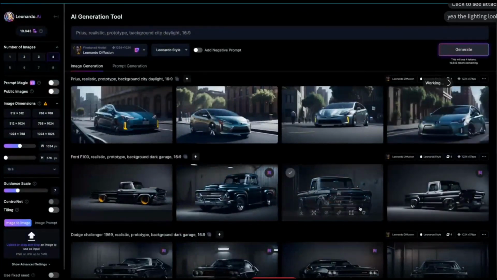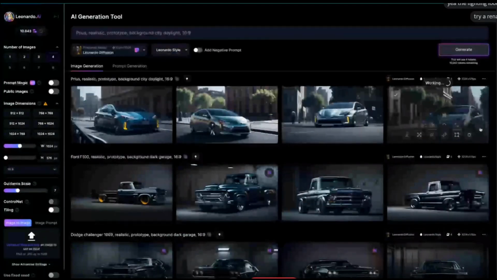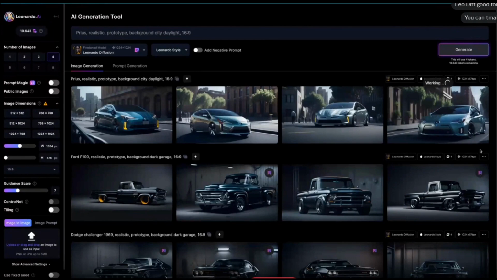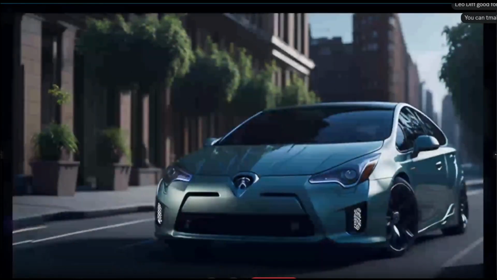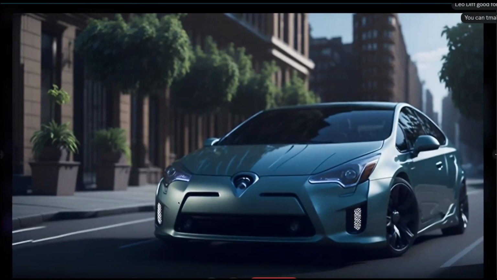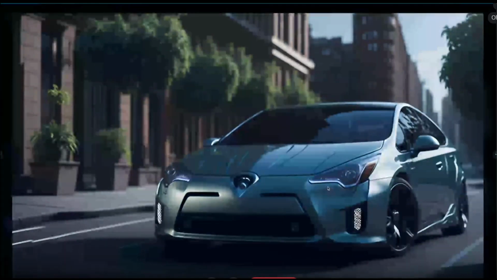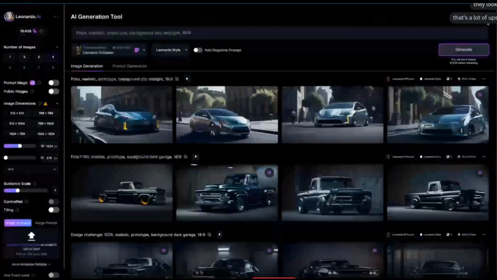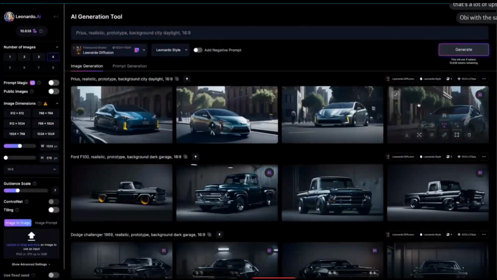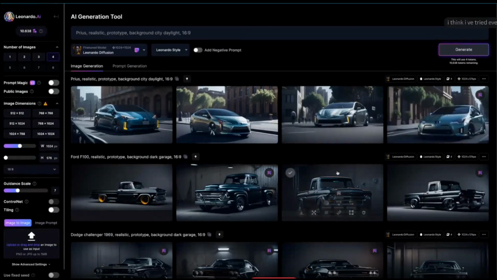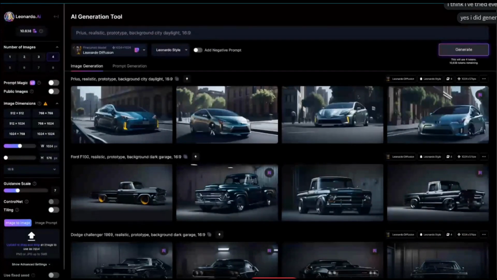Let's just try to upscale it, yeah. And let's see the result Leonardo gives us. All right, that's done. Let's check it out. Alternate upscale. And I think maybe a lot of people will buy this car now at this point. I'm 100% sure. If they didn't know this was a Prius, they would just buy it. It's not amazing cool, but it's already a lot cooler than it is at this point, in my opinion. But yeah, guys, that's actually what it is,